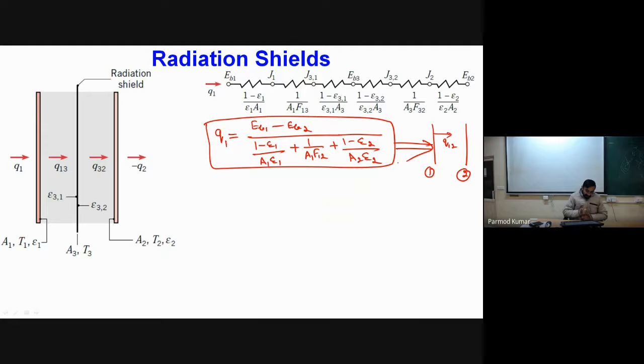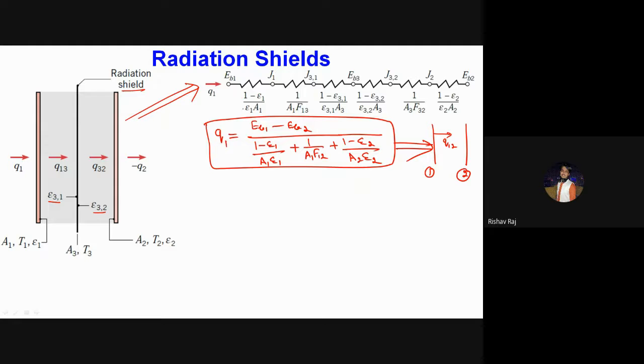Okay. Now, let me consider that I have put some radiation shield over here. Okay. So you can see this is a radiation shield and the purpose of this radiation shield is to decrease the heat transfer. And say on either side of this radiation shield, emissivity is different. Over here we have epsilon 3.1 and on the other side I have epsilon 3.2. Okay. So now can you tell me what will be the total resistance circuit? The circuit which is drawn over here, is it correct? Yes, sir. Now resistance will increase.